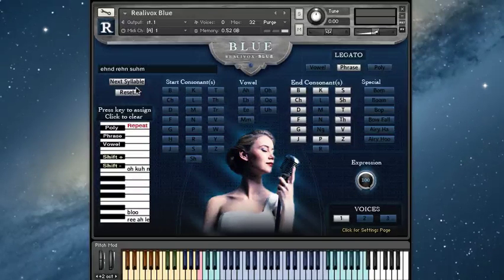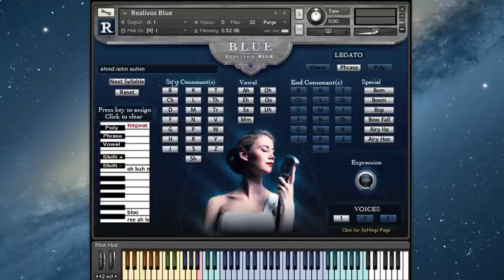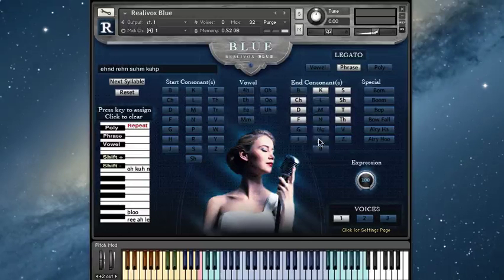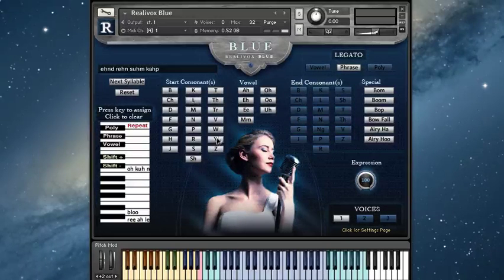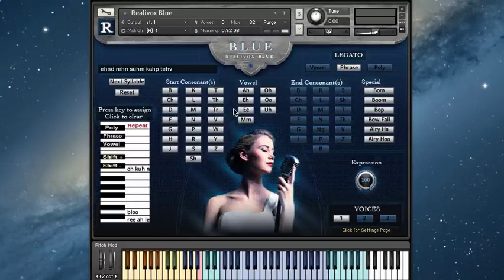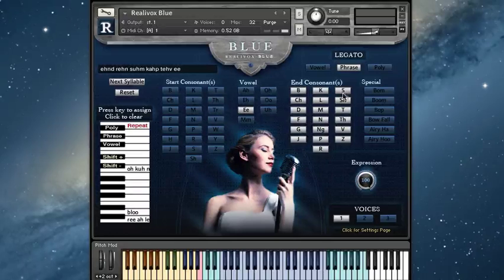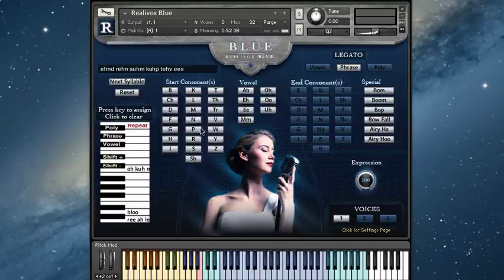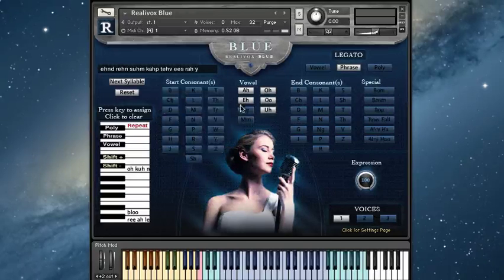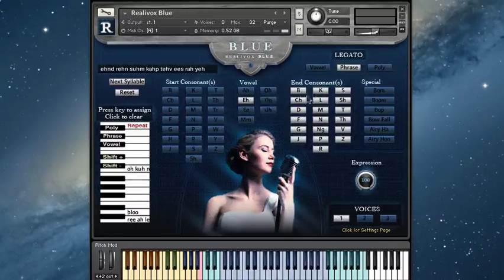M, and then captive, we're going to have to do captev. So we'll do K, A, P, T, E, V, and then Israel. E, S, R, A, Y, E,